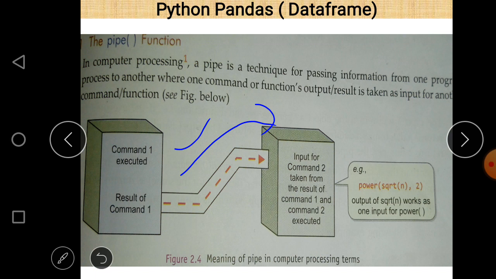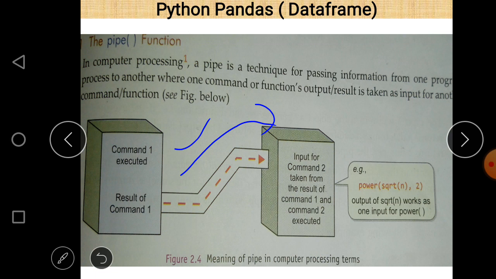The input for command 2 is taken from the result of command 1, and command 2 is executed. After the execution of command 1 there is an output, and this output is considered as the input for command 2, and after that there is a final output. Suppose there is an example.